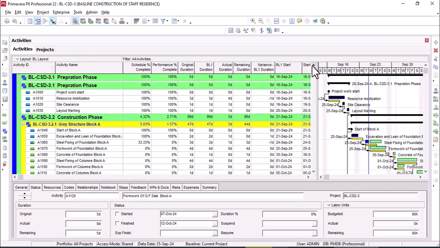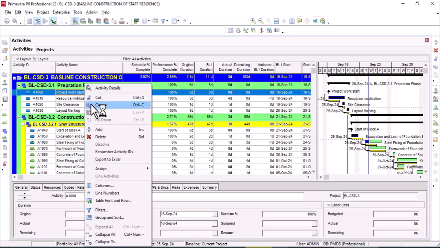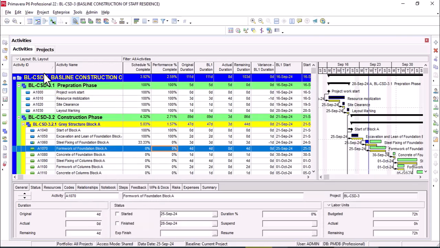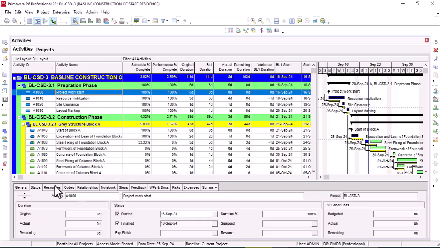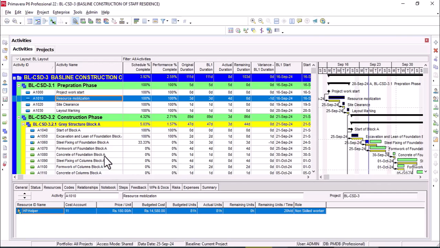Click on the activity. As already clicked, project work start, go to resources. There are no resources on the resource mobilization helper. The budgeted units are 81 and the actual are also 81. If we change it to 85,